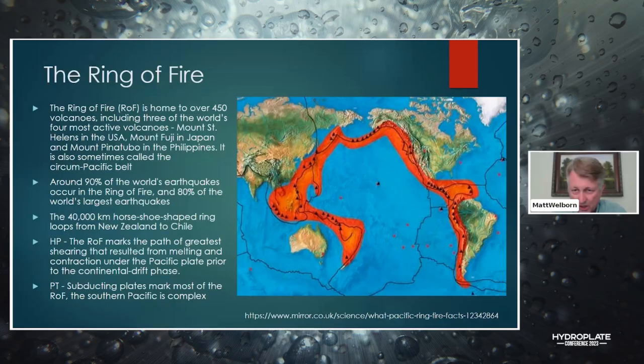Now, one of the things that's pointed out is you see that this ring of fire actually has some interesting shapes. It's not straight lines as you would expect. It actually is what Walt has termed the arc and cusp shape. So you see there's lots of arcs, and we'll revisit this. But I just wanted to point out that there's some significant issues. And in fact, in his book, there's a huge amount of discussion about this. But really, it's this idea that plates are moving and creating these curved trenches and all kinds of volcanoes; the location of volcanoes, the shape of these trenches and everything really does not fit the explanation that the plate tectonic theory gives for this particular feature.